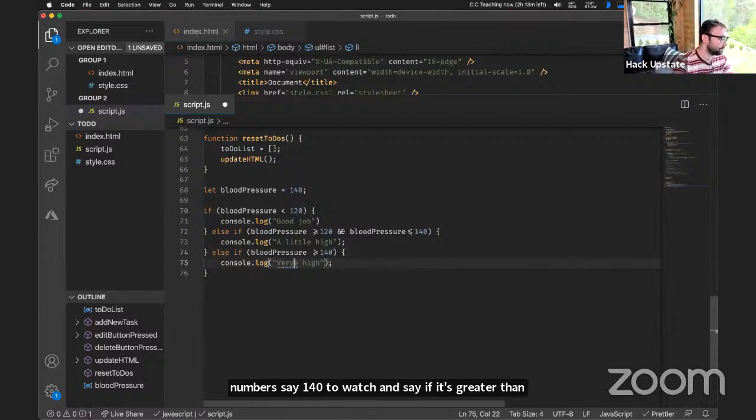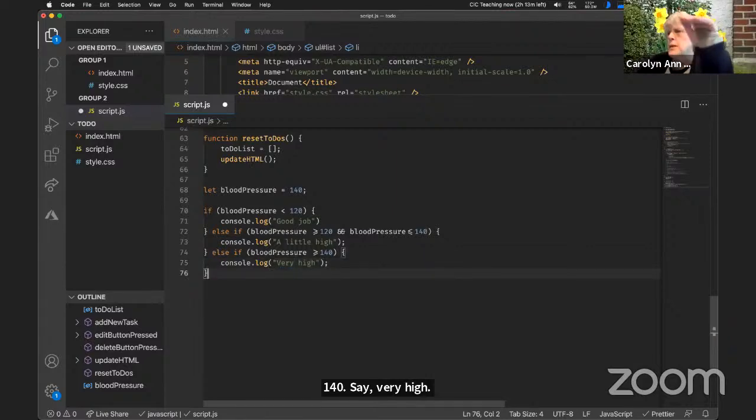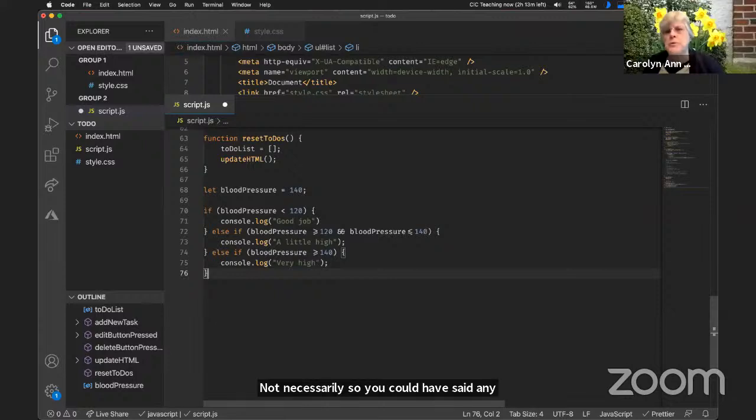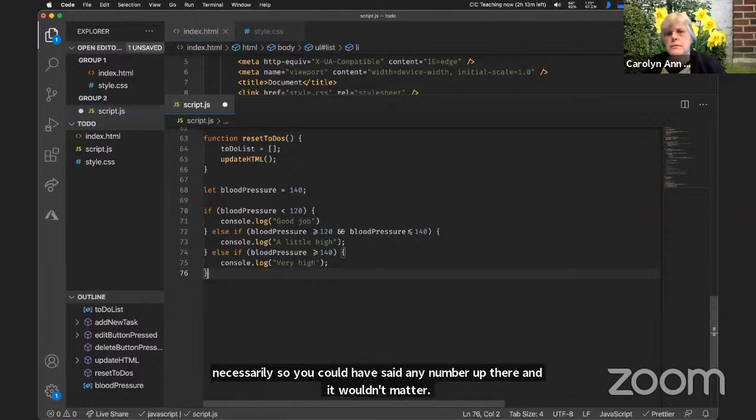very high. The reason you chose 140 in the beginning, let blood pressure equal, is because you knew that was going to be like your cap? Not necessarily. So you could have said any number up there and it wouldn't matter? Yeah. So